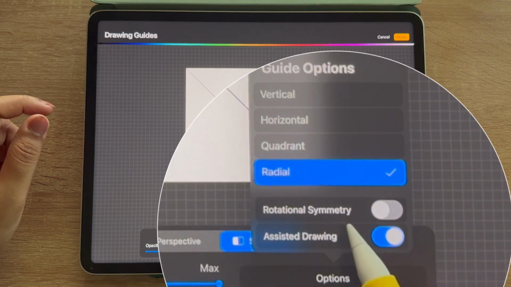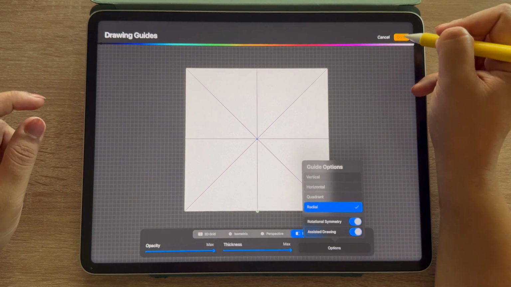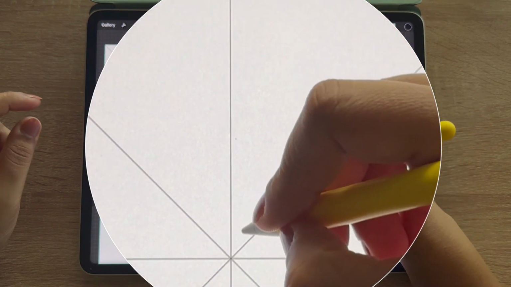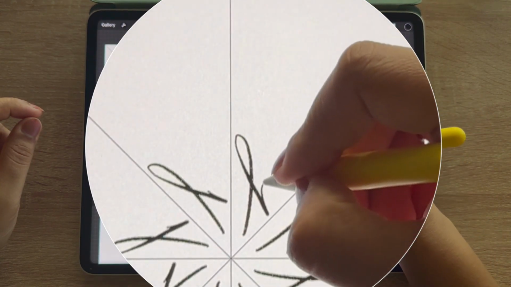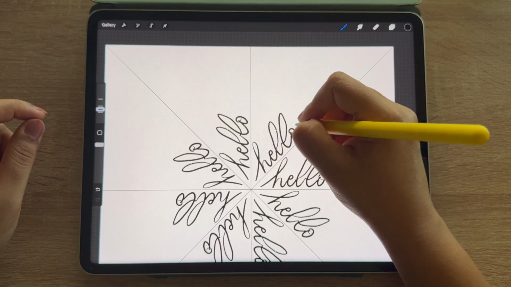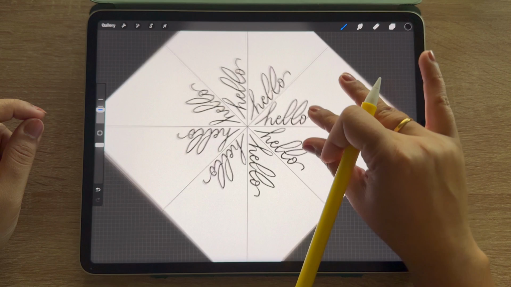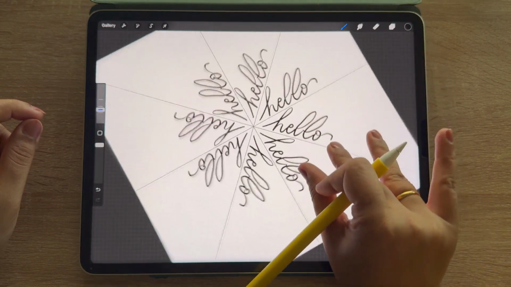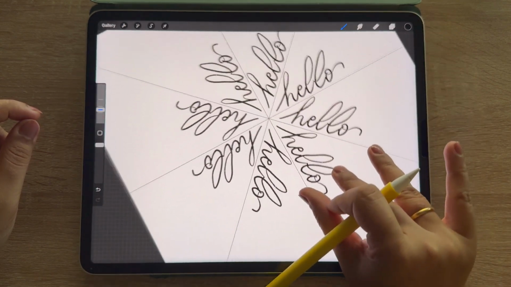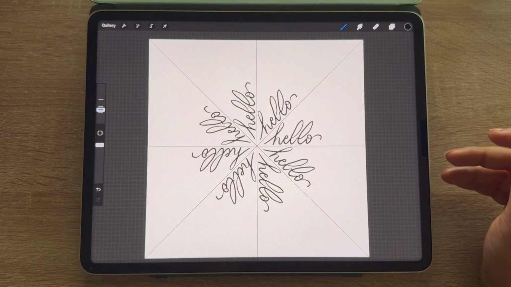Talking about that rotational symmetry, if I turn that on, let's see what difference there is. I'll click on done. So I have written hello. Now you can see all the hellos, even when I rotate them, are readable, right? If I turn off the rotational symmetry